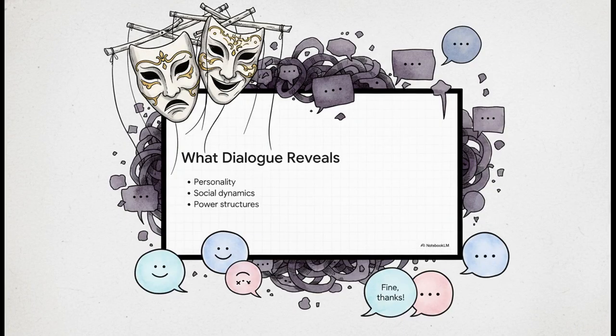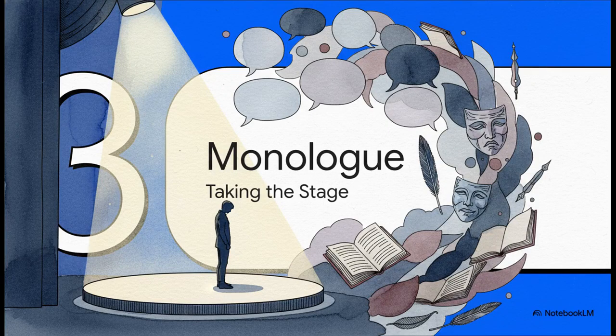Because dialogue is a public performance, it's actually pretty limited. Characters use it to navigate social dynamics and power structures. So this means they frequently lie, they suppress their true feelings, they perform just to be polite, or they hide their real intentions behind layers of subtext. A confident character might dominate the room, while a manipulative one carefully redirects the chat. Dialogue is honestly just as much about what characters are trying not to say as it is about the actual words leaving their mouths.